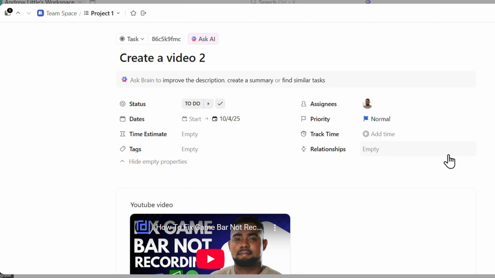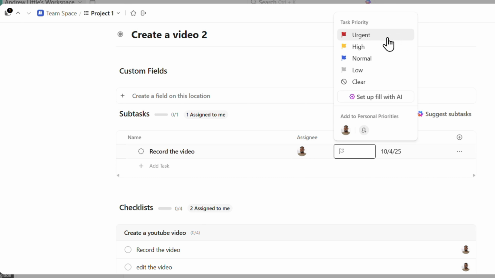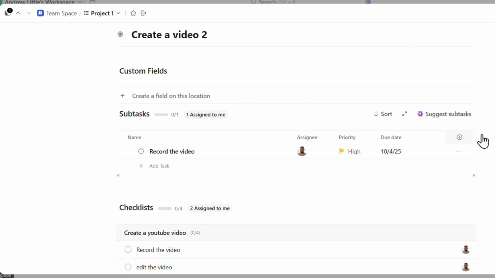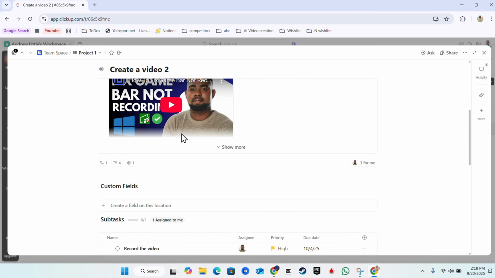You can also set priorities for subtasks. So if you scroll down again, you should find your subtask and you can actually set the priority. So this priority, I can just go back here and I can say this one should be high. And that's it. So if you're looking to set priorities on your task, guys, or your subtask, this is how